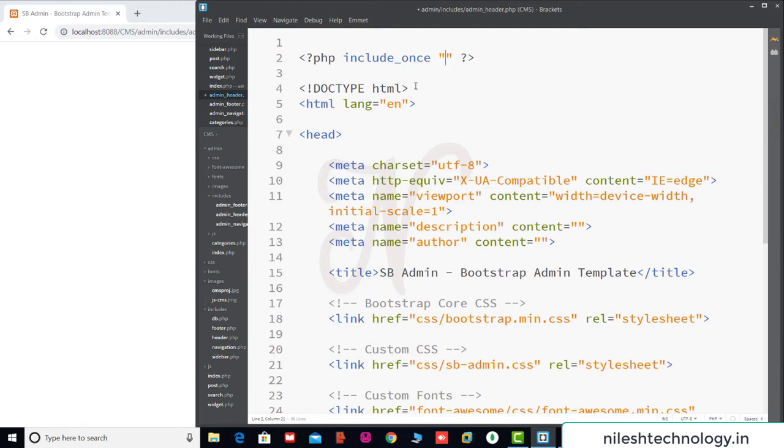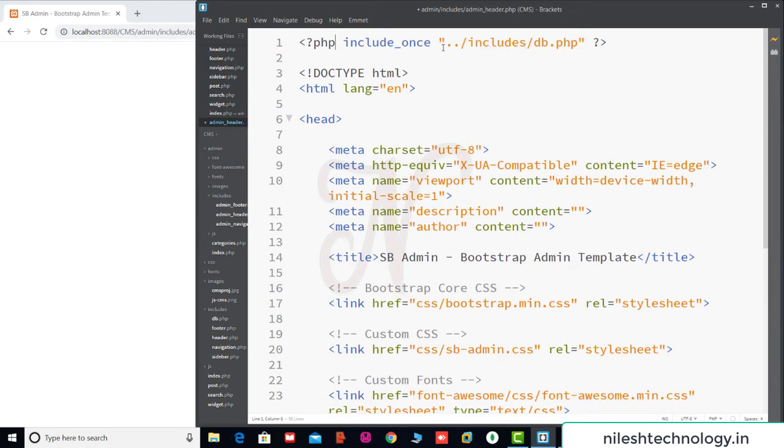and this folder is the parent directory. So that's why here we use a double dot oblique includes, then your file name is db.php. Okay, so by using the include once function, we cannot include the db.php file more than one time. By using this double dot oblique, it goes to the parent directory, meaning the outside directory. Because we are in the admin folder, there is a need to go to the parent directory, then go to the include directory, then the db.php file.